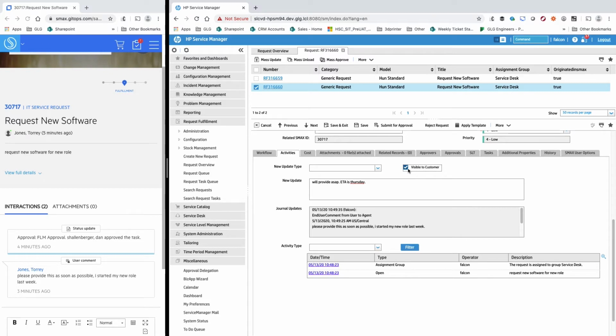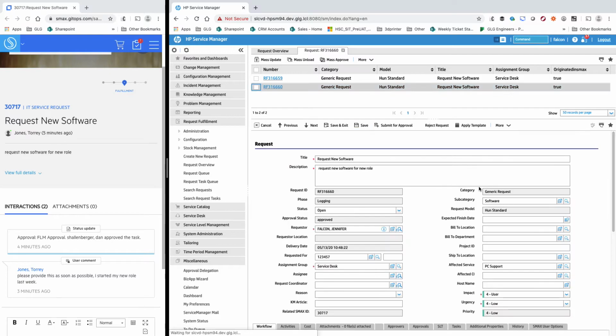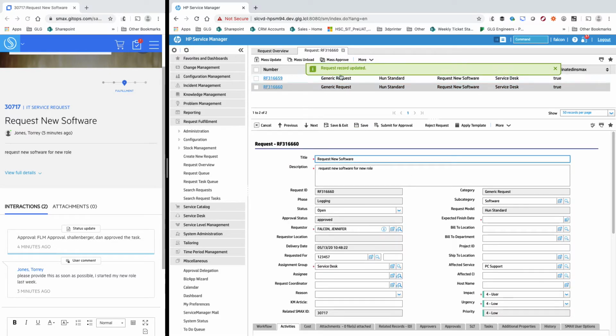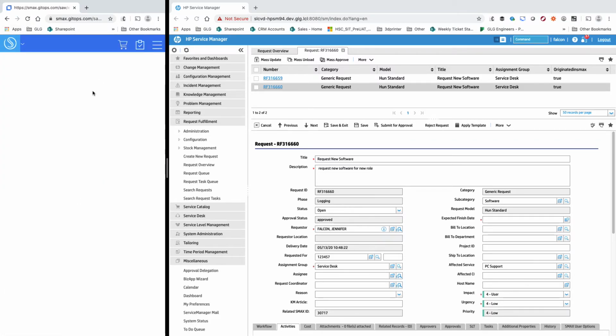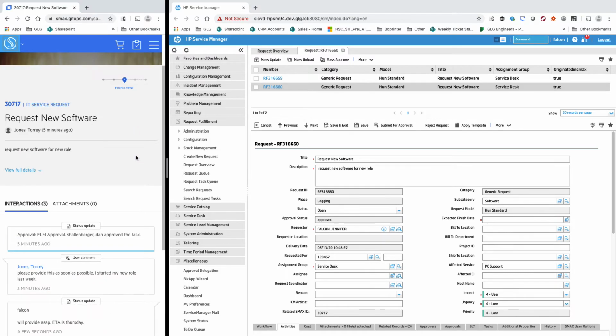Of course, if I don't check that box, the comment doesn't go over to the service portal. Therefore, it's not visible to the end customer. I'm just going to go ahead and click Save on that. When I click Save, that effectively causes a record update to occur inside of Service Manager and subsequently triggers that comment being synchronized over to the service portal. Over in the service portal, if I just click the refresh button here, since I already have this ticket brought up, we can see that